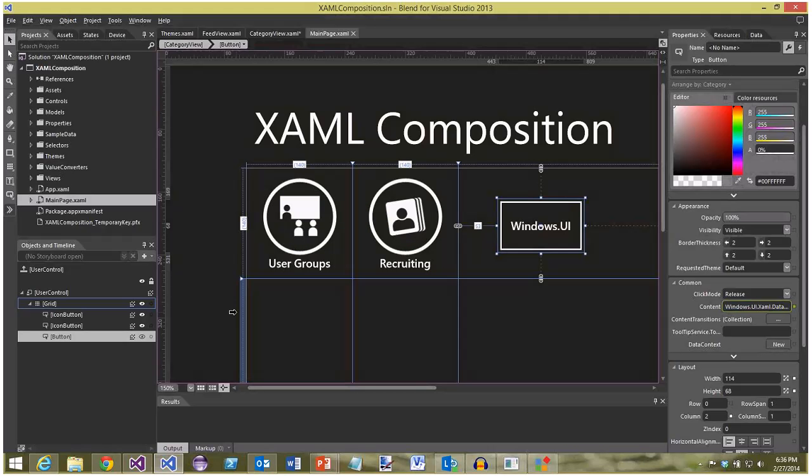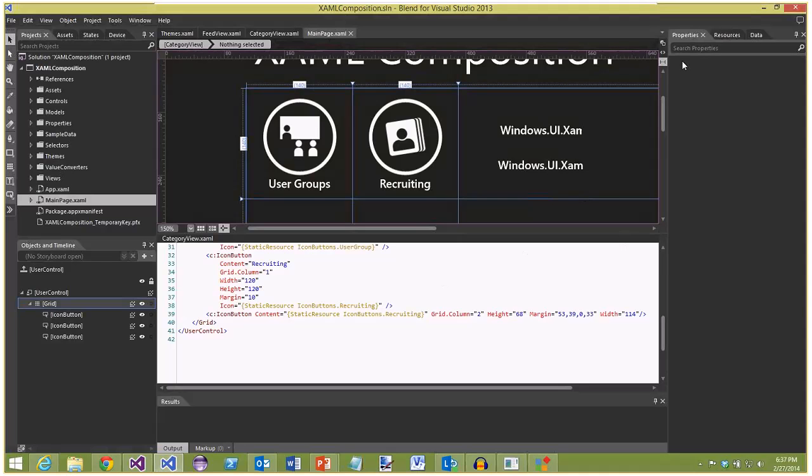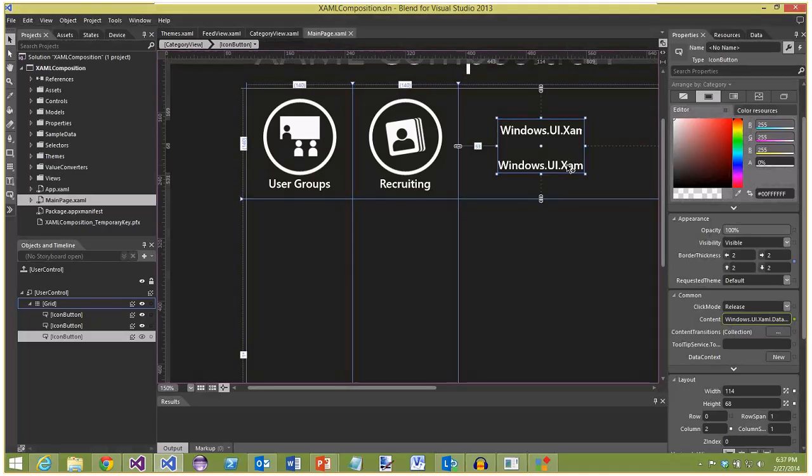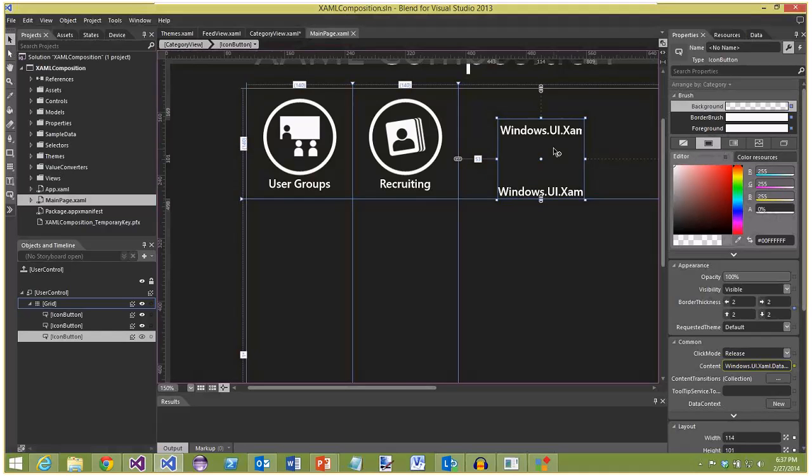So now, rather than simply having a button like this, I can say I want you to be an icon button. And you are in the C: namespace. So lo and behold, now I've got a button that has two places, something up on the top and something up on the bottom. If I were to put some content in there, we can see right now it's showing up in both places. That's kind of strange, but